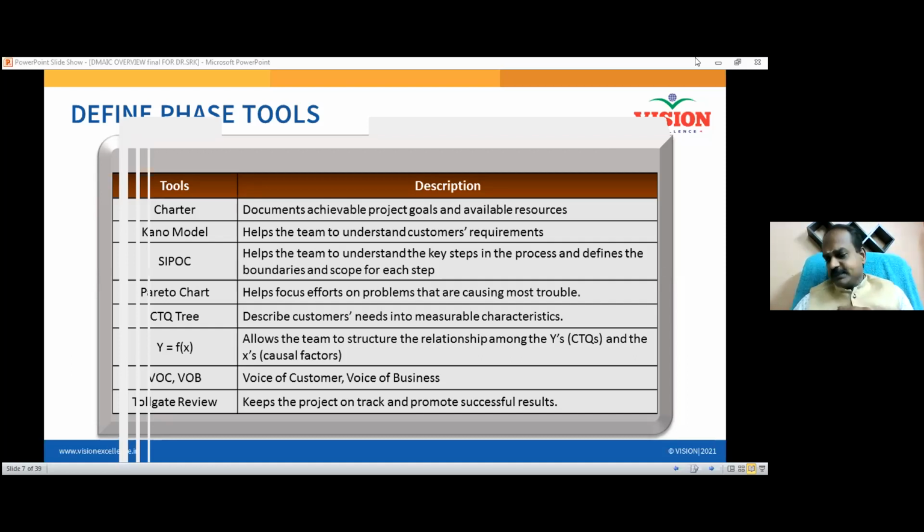Is there anything else we could help you with at this stage? Right. So